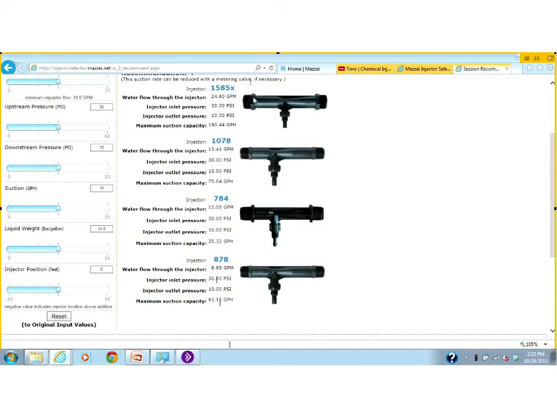And it doesn't require any more energy to operate any one of these. So you have this choice available. Now let's make some changes here. The nice thing of this program is you can change